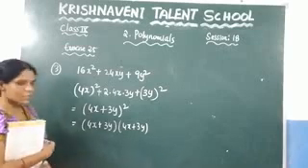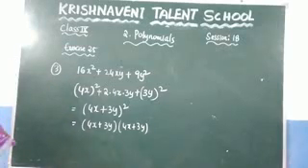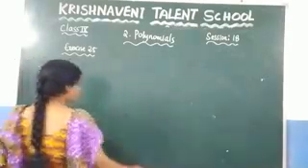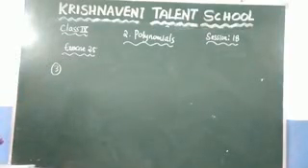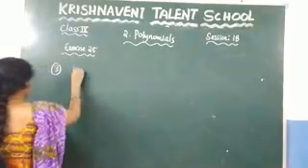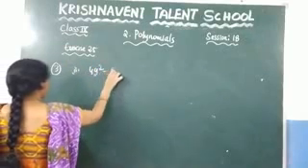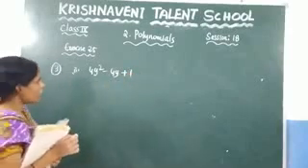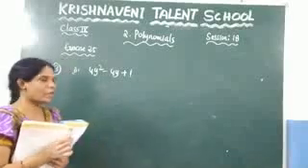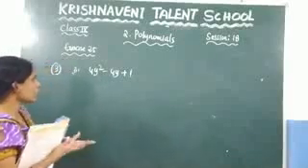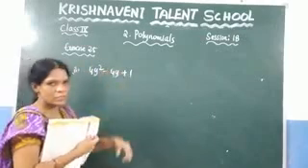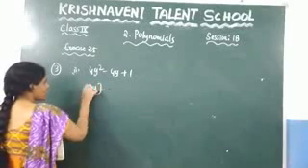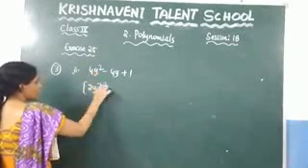This is the question. Now see the next question in this problem. Second question: 4y square minus 4y plus 1. Now you need to write this by using the identity. You need to factorize this polynomial. So again you can clearly observe that it is in the form of a square minus 2ab plus b square. Now how can you write this 4y square? You can write this as (2y) whole square, right? Because 2 square is 4 into y square.